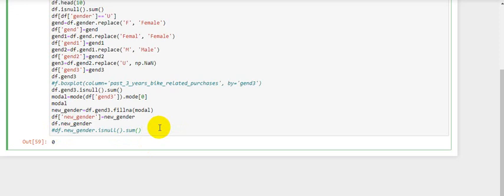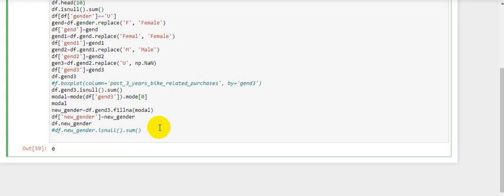So we want to save it. We want to save our logged data maybe in an Excel format, or we want to save it in CSV format. So what we need to do is just say